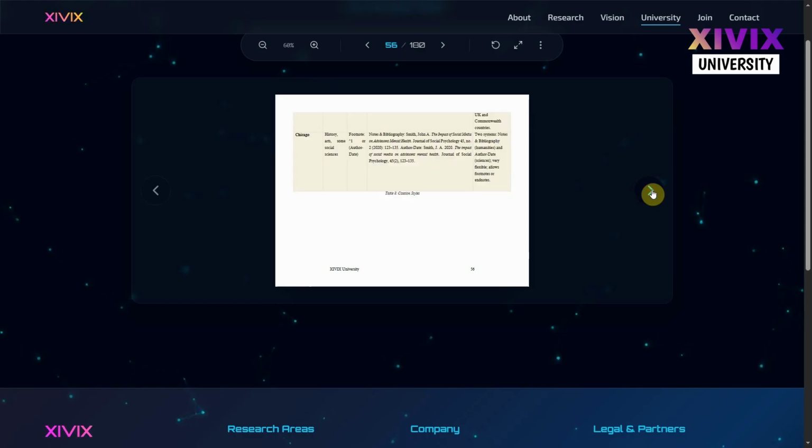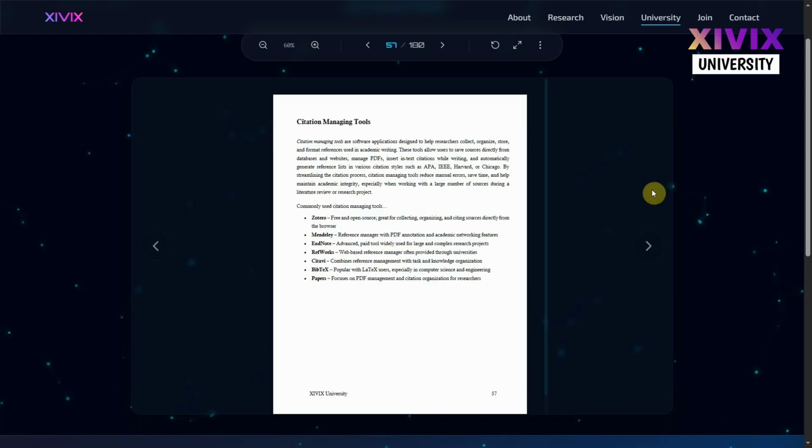Let's talk about citation management tools. Basically, these are software applications designed to help researchers collect, organize, store, and format references used in academic writing. These tools allow users to save sources from databases and manage PDF documents, insert in-text citations while writing, and automatically generate reference lists in various citation styles, such as the ones that we learned before: APA, IEEE,